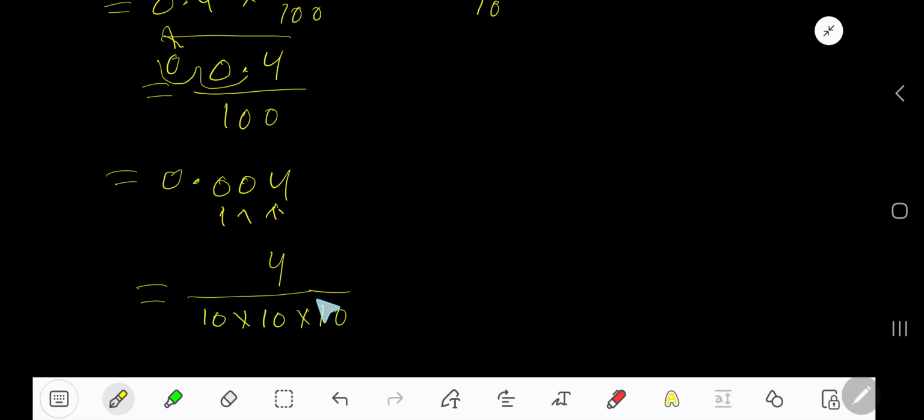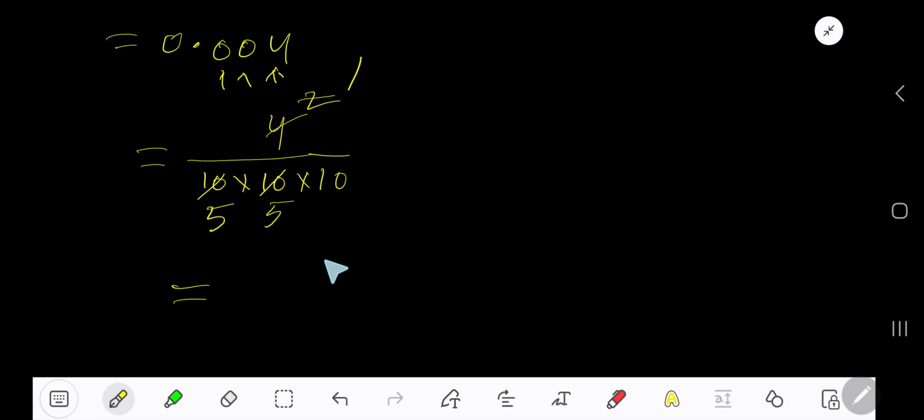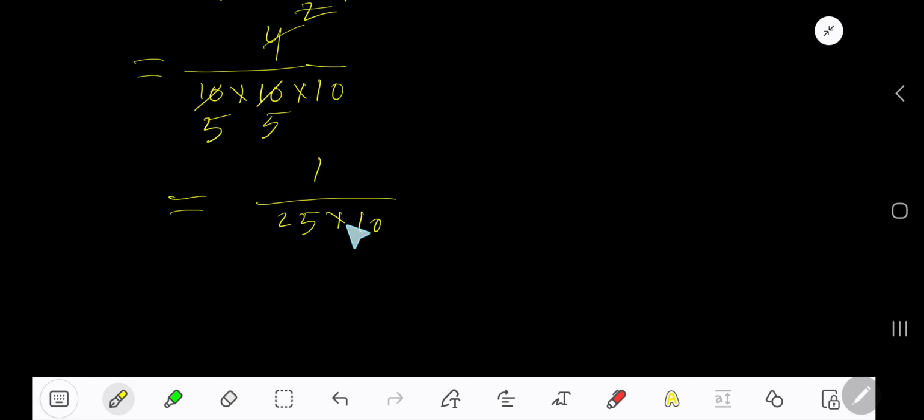Now simplify this fraction. Divide the numerator and denominator by the common factor. This is divisible by 2, this is divisible by 2, 2, 5. Again this is divisible by 2, you will get 1, this is divisible by 2, you will get 5. So 1, 5 times 5, 25 times 10. This is a power of 10, right? Just multiply the non-zero digits. 1 times 25,